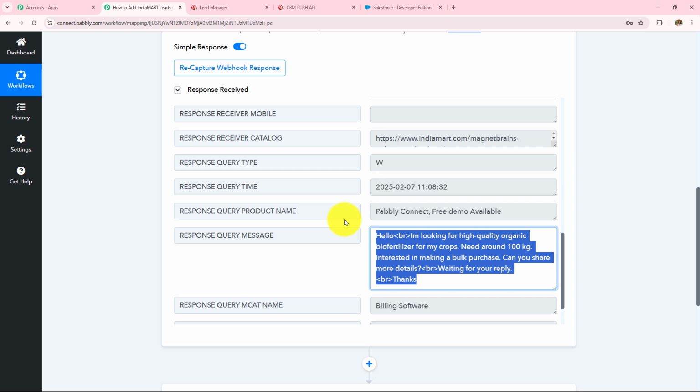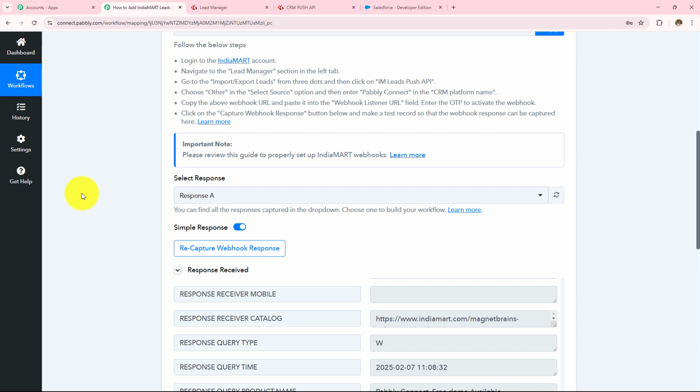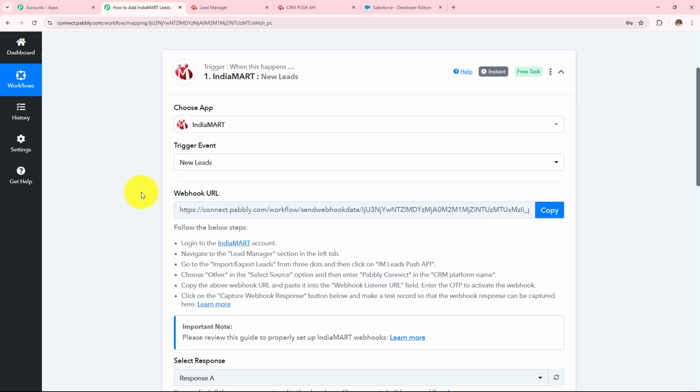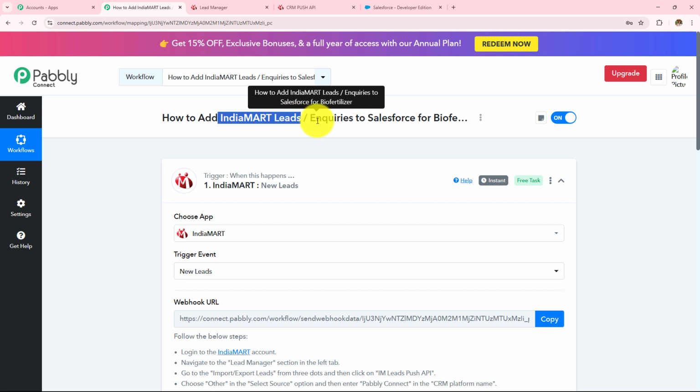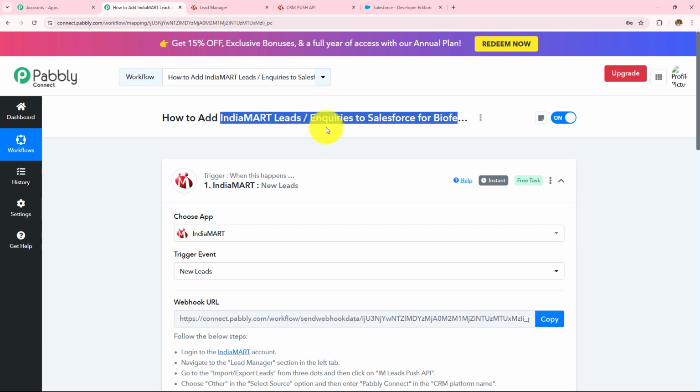Now as soon as I've sent the query from my IndiaMart, I have received that response here in this workflow, and this shows that the connection setup that we have created with the help of this webhook URL between Pabbly Connect and IndiaMart is successful, and now whenever someone sends a query, I will start receiving the response here in this workflow. Now moving on to the next step, whenever I receive a new lead or a new inquiry,